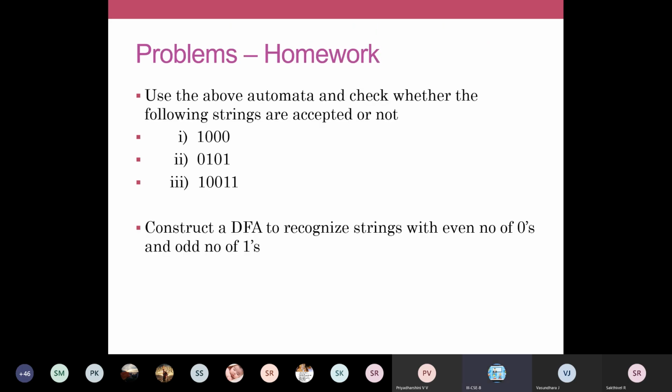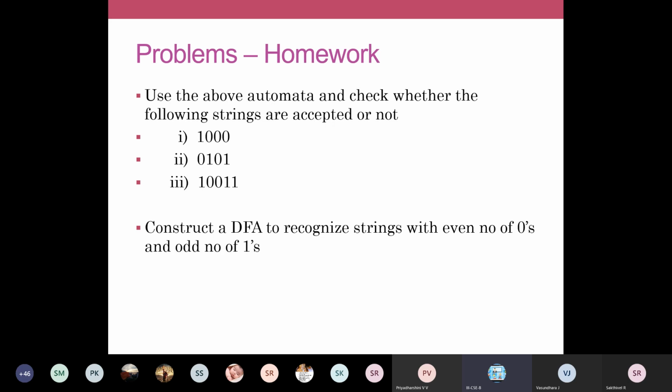So you just write down this problem as a homework problem. Use the above automata, that is the previous automata, whatever I've given. So 0 power m, 1, 0 power n. For that, check whether the following strings are accepted or not. I've given 3 strings.